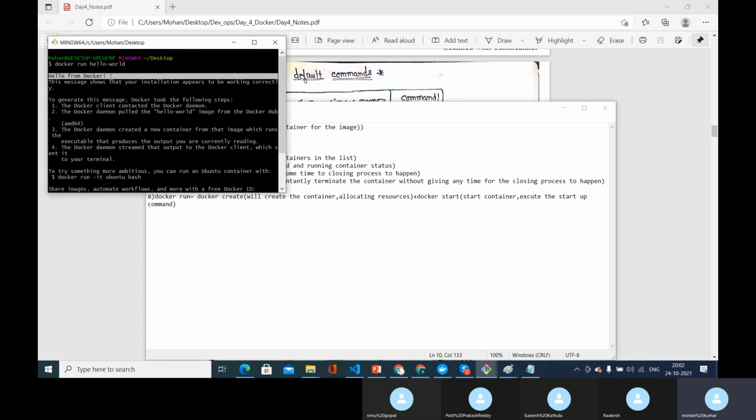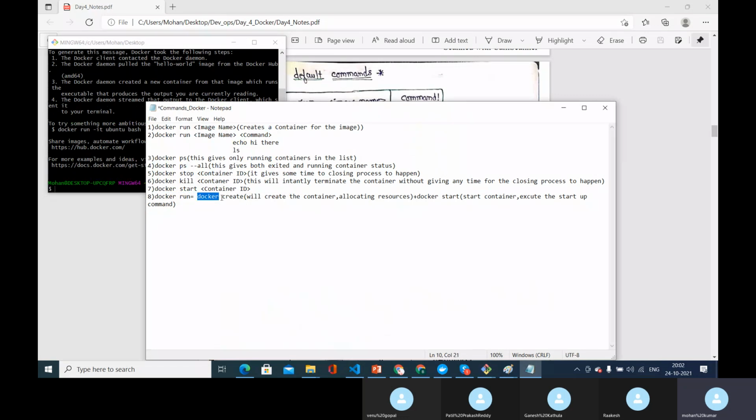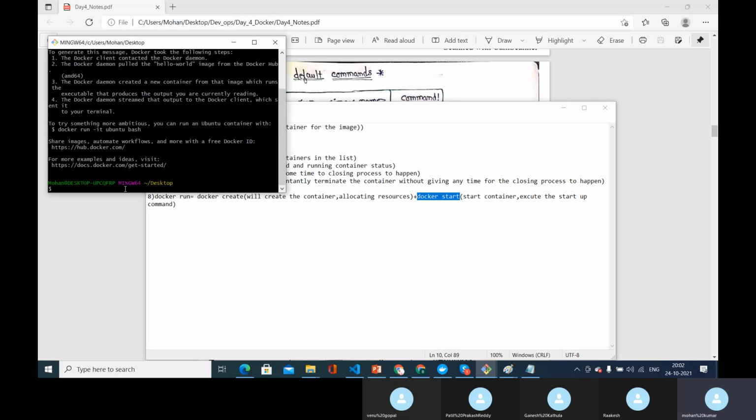So we are saying hello from docker. Instead of directly doing docker run, let's do it in two steps: one is docker create and the other is docker start, and let's see how the output looks. The first thing I need to do is docker create, and hello world is the image name, right? Hello world.